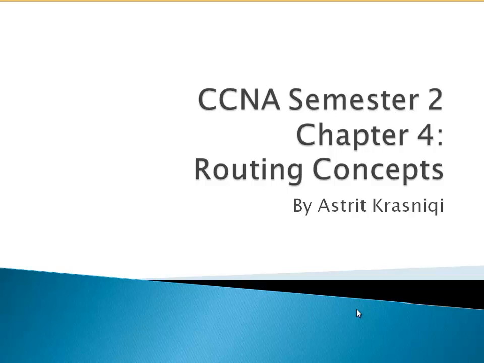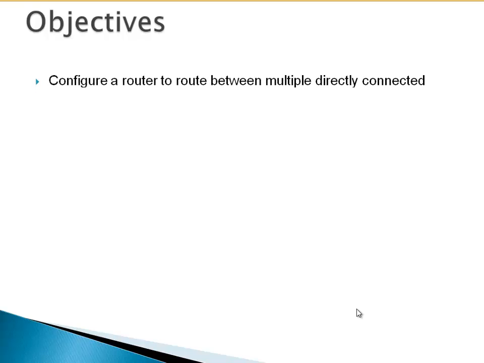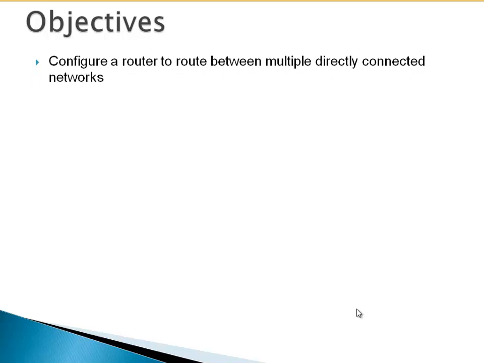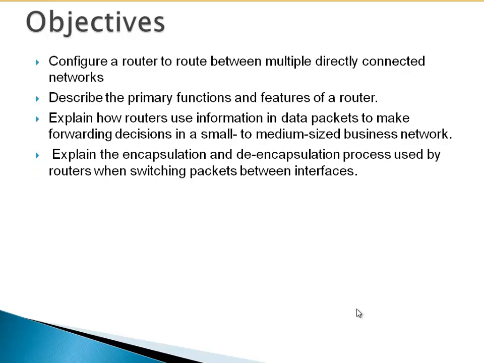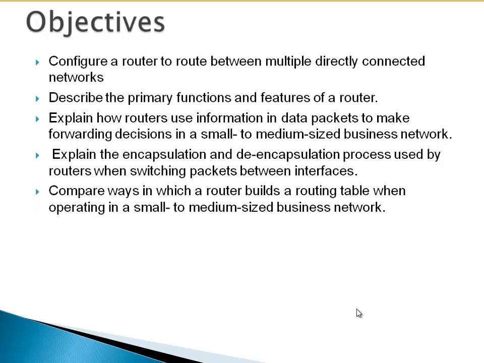Today we will be covering CCNA Semester 2, Chapter 4, Routing Concepts. The objectives for this lesson are to configure a router to route between multiple directly connected networks, describe the primary functions and features of a router, explain how routers use information in data packets to make forwarding decisions in a small to medium-sized business network, explain the encapsulation and de-encapsulation process used by routers when switching packets between interfaces, compare ways